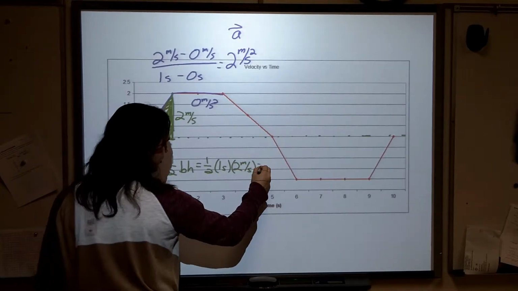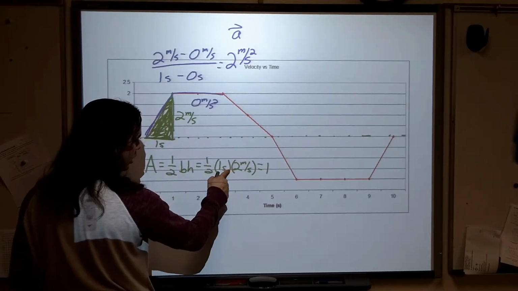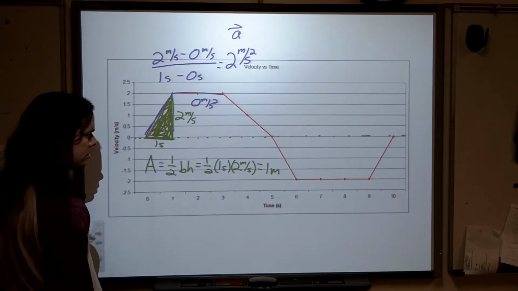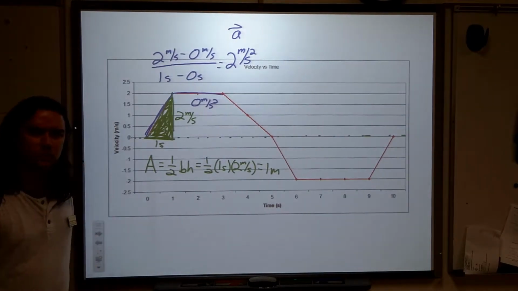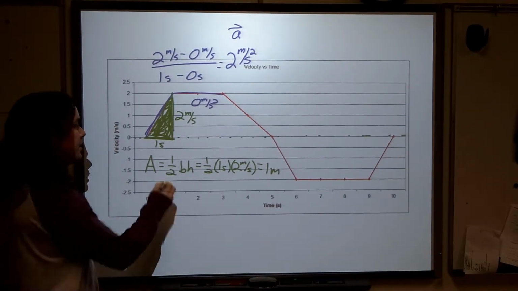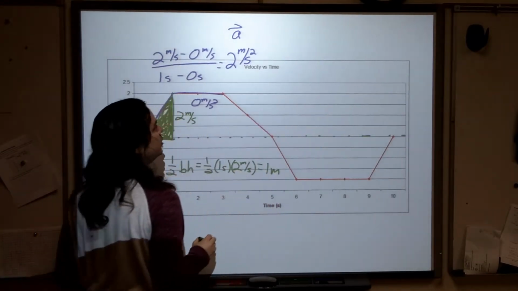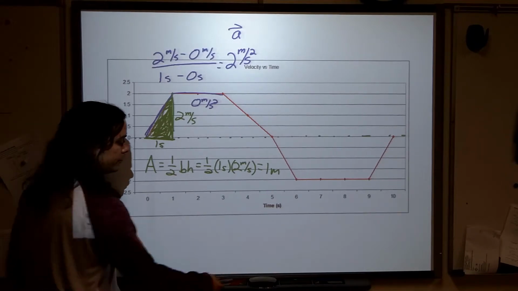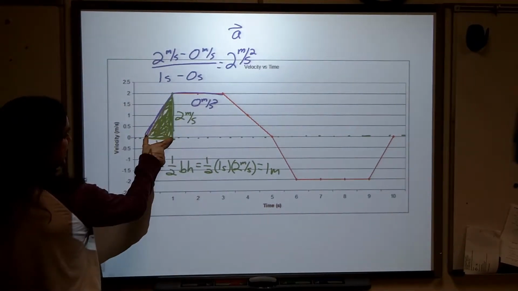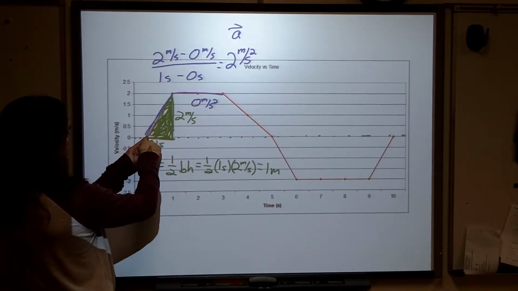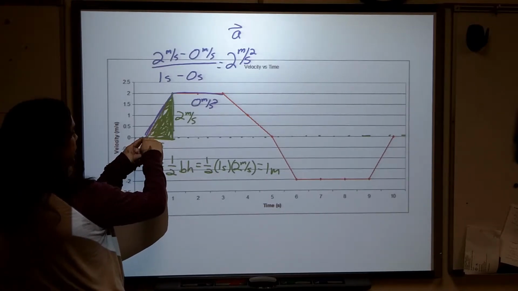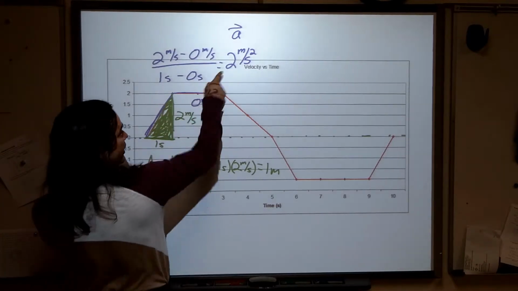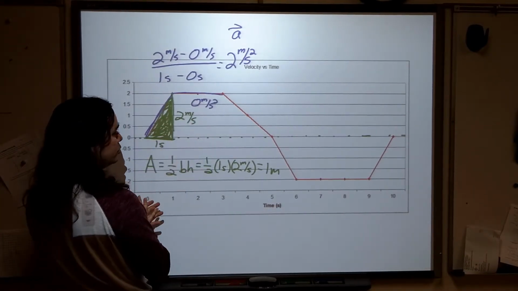Well, let's see, that's going to give me 1 meter per second times second, meter. What has units of meters? Displacement. The area under the curve of a velocity versus time graph will actually tell you how far the thing goes during that interval. During this first second that an object is accelerating from rest, from 0 meters per second up to 2 meters per second with an acceleration of, we found, 2 meters per second squared, it goes 1